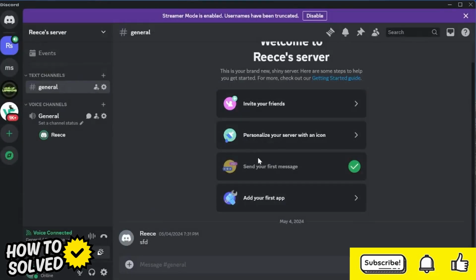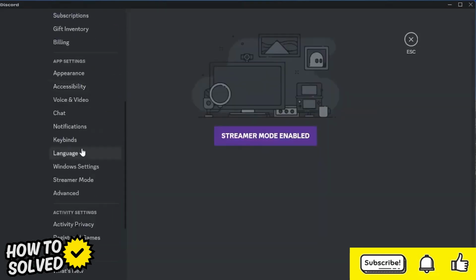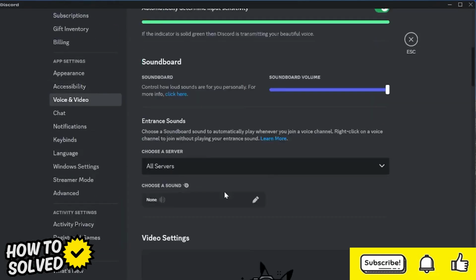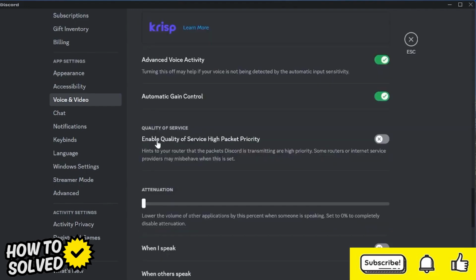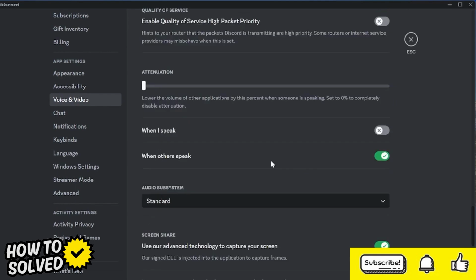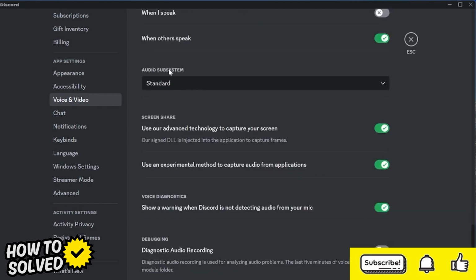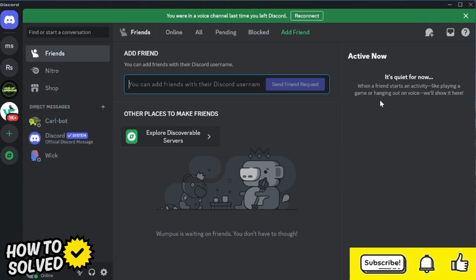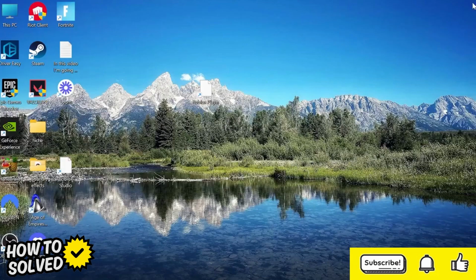Then we can come out of this screen, and we want to come into user settings on the bottom left hand corner and scroll down, and you want to select voice and video. Then scroll all the way down, and you want to make sure where it says enable quality of service high packet priority, this is disabled, and then keep scrolling all the way down to where it says audio subsystem, and you want to change standard to legacy, then just press OK. And then once we finish, we can close out of the Discord app because we're now going to make some